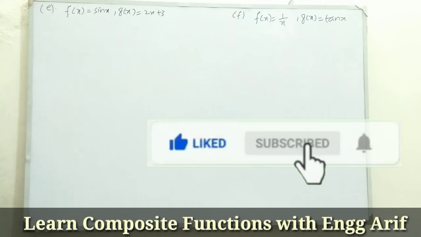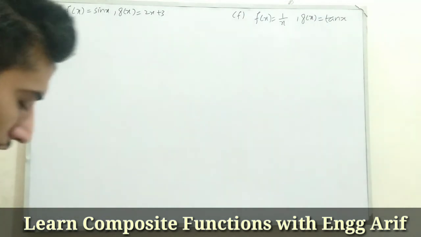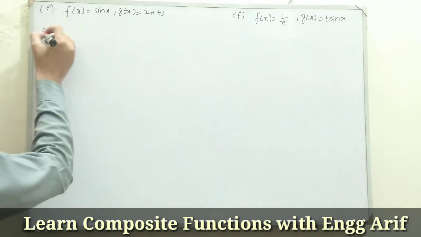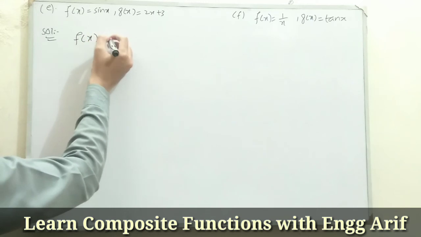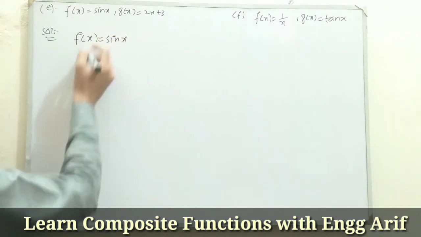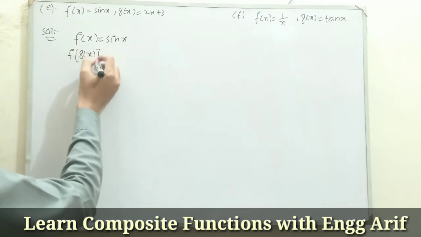Now move toward the fifth part and the sixth part of question number 12. The fifth part tells that f of x is equal to sin x and g of x is equal to 2x plus 3. First we are going to find f of g of x. So solution: let's suppose I take f of x is equal to sin x. I replace this x with g of x, so it becomes f of g of x is equal to